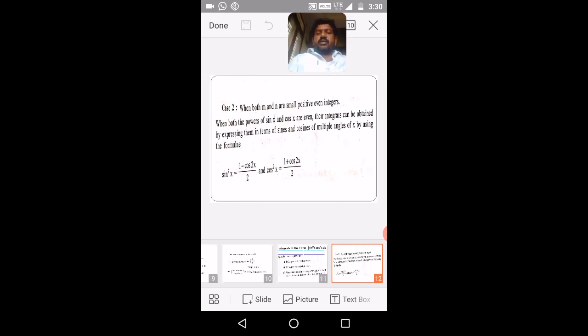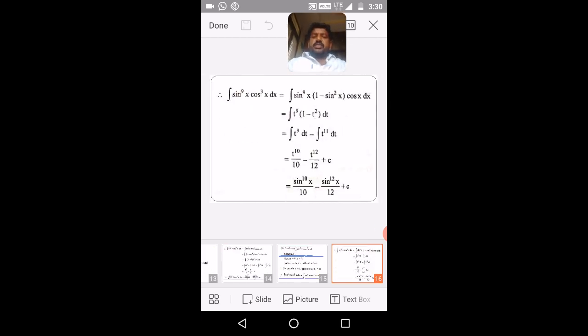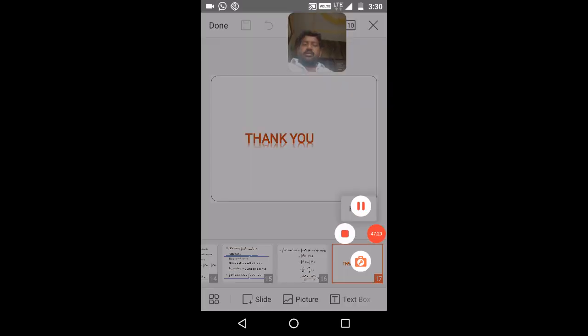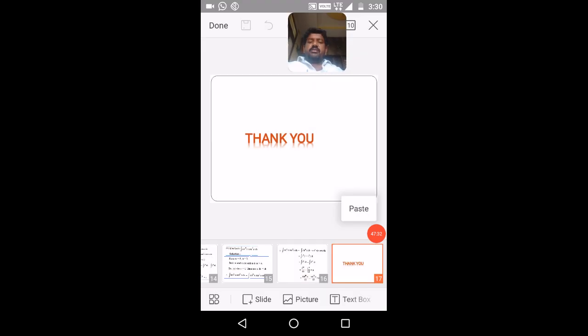So by this we are ending today's session, and I hope all of you will complete the questions given in the textbook very well, and we will meet in the next session to discuss other methods in integrations which will be more useful for finding some different types of integrands. Okay, those also are related to the differentiation part. I think you know the differentiation of u into v, that is the product rule.